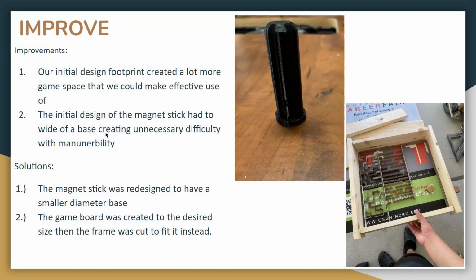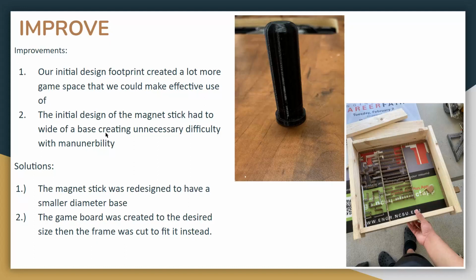So we had finally reached the improvement stage of our project, and we found out that there was definitely a lot to improve. So looking at some of the design challenges we faced, a lot of it was related to scalability, because originally we had planned to have the game board be the full size of 3 feet by 2 feet. But after realizing that that was much too large, we decided to downscale to a much smaller size, and